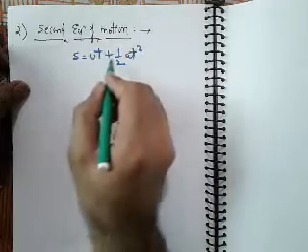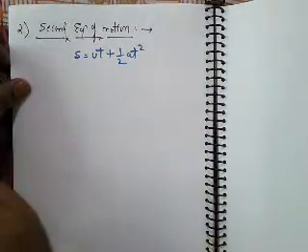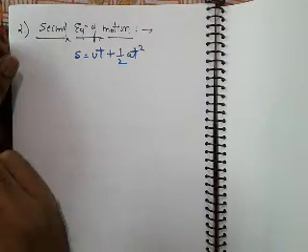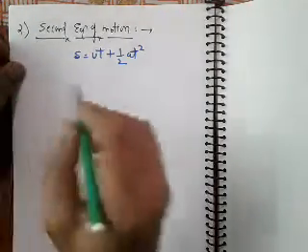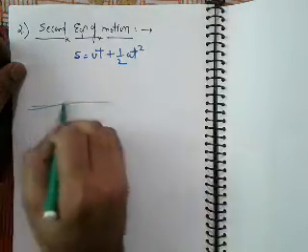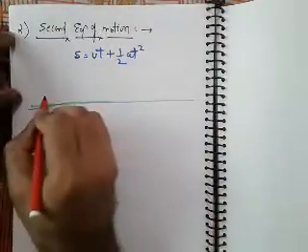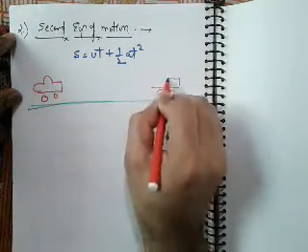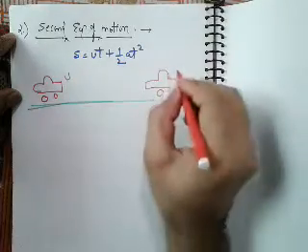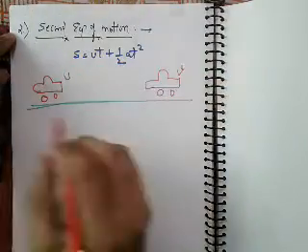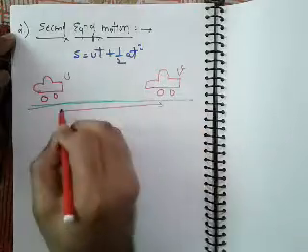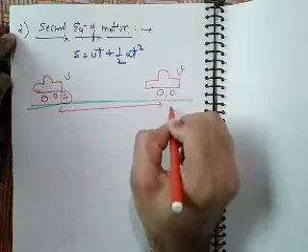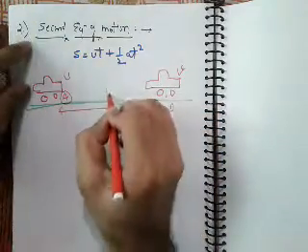So s is equal to ut plus half at square is the second equation of motion. First of all, you have to find the average velocity of the body. Just like if a car is moving like this, car or body, whatever you think, its initial velocity is u and its final velocity is v, and the time taken by the car in moving from this point to this point, let this point be a and this point be b, a to b is t.